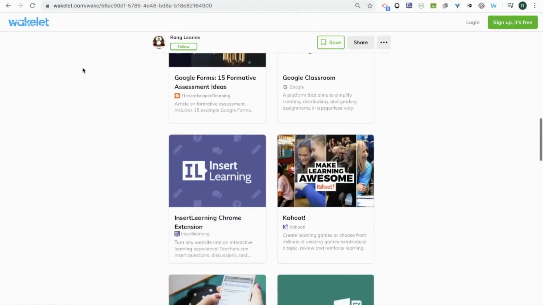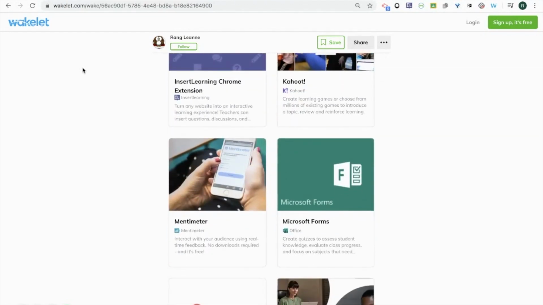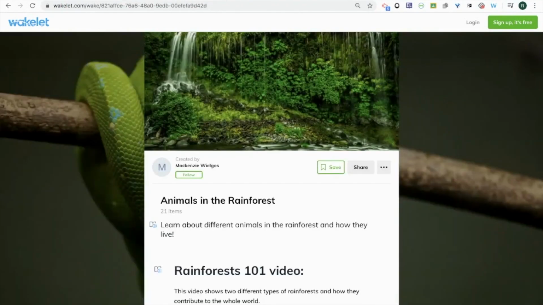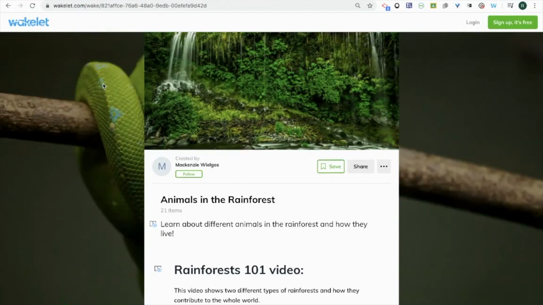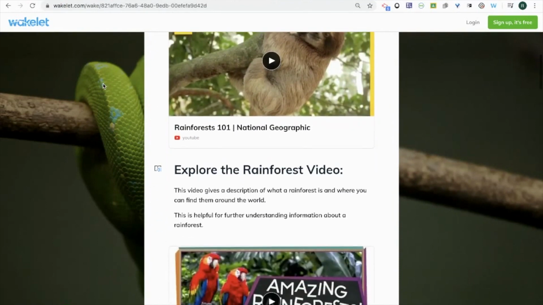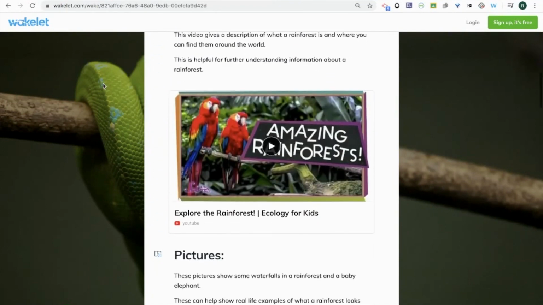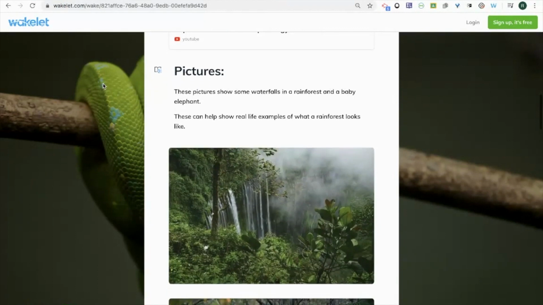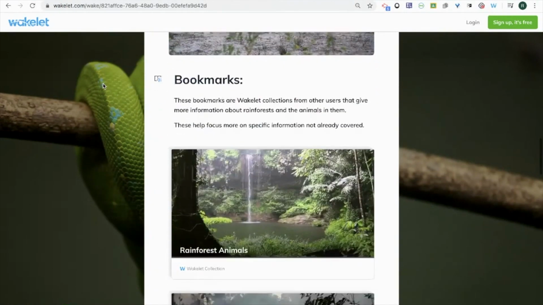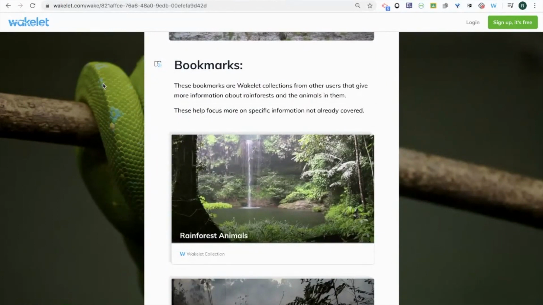As you can see, this is a very useful way to have web links connected to a topic accessible in one place. Another example of a collection, but this time with the student focus, is this one on animals in the rainforest. This collection includes age-appropriate videos from National Geographic and YouTube, images to provoke talk and discussion in the classroom, bookmark links to other relevant Wakelet collections,